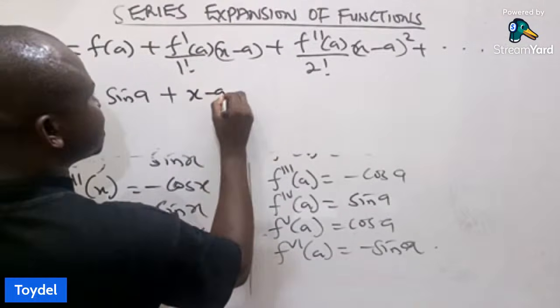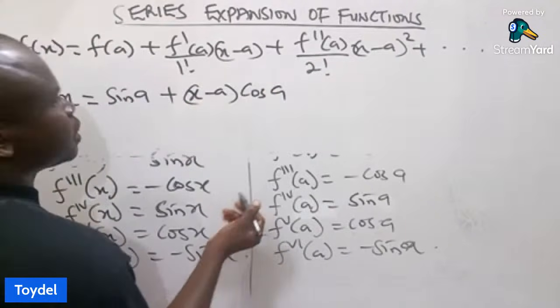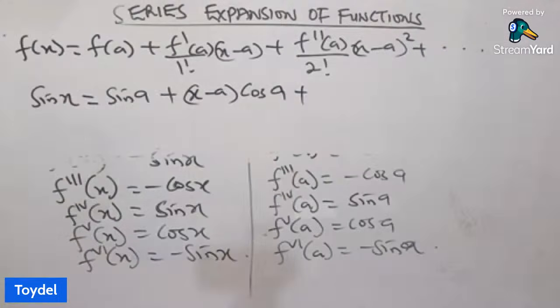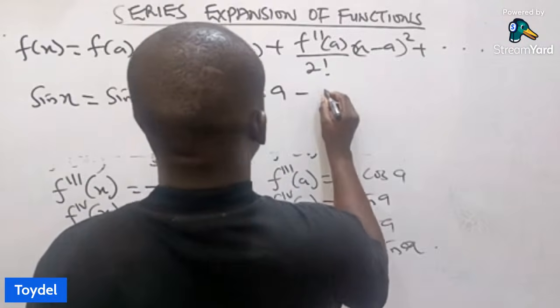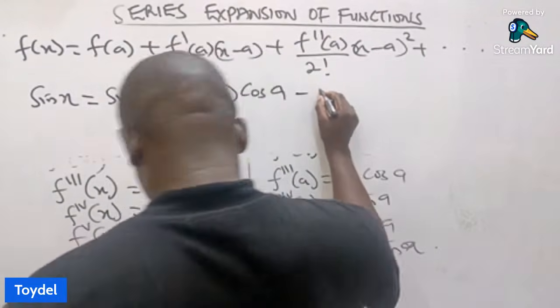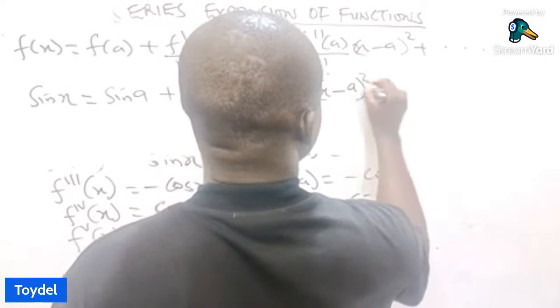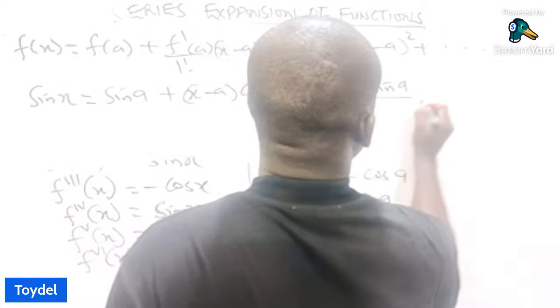So we are going to have x minus a times cos a all over 1 factorial, which is 1, plus f prime prime of a, which is minus sine a. If you change this place to minus, we are going to have minus x minus a squared sine a all over 2 factorial, plus